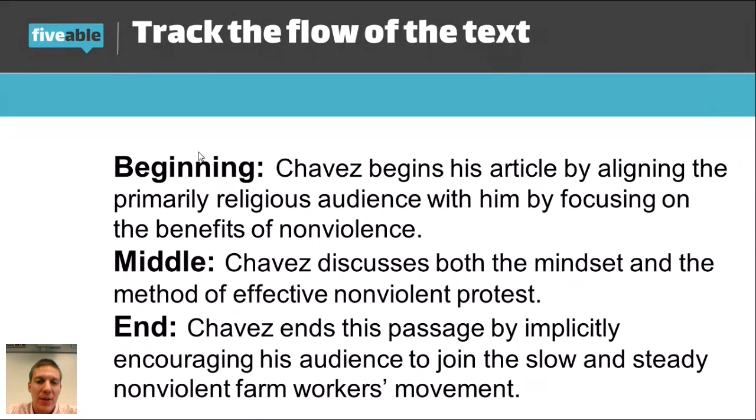You're going to just chunk it a little bit differently. Here, I would chunk beginning and middle into one because these are very similar, where he's aligning himself with their values. You could do it differently. For this exact prompt, that's how I would do it. So this would be merged into one nice, beautiful body paragraph, and I keep this one pretty similar to how it would look. Here's my point. Don't spend too much time here and here and not enough time here. You want to make sure you spend adequate time with this thought of aligning himself with his audience.